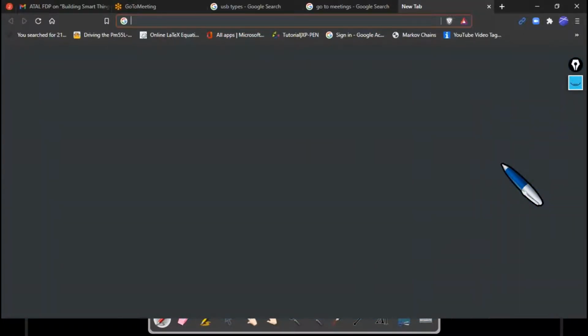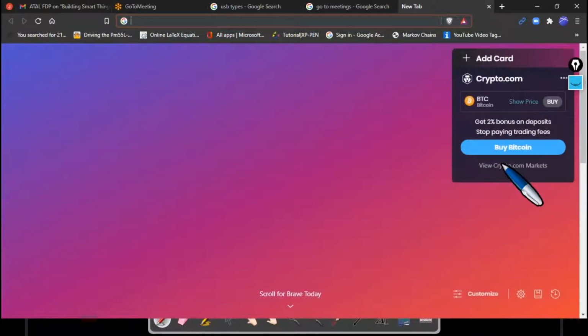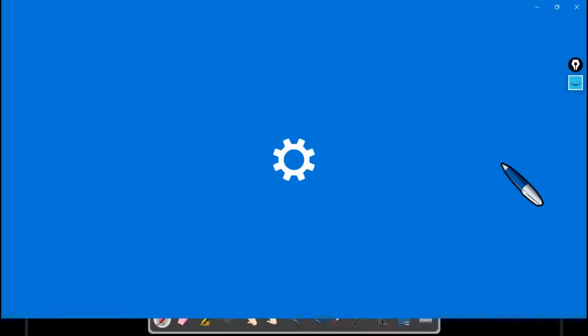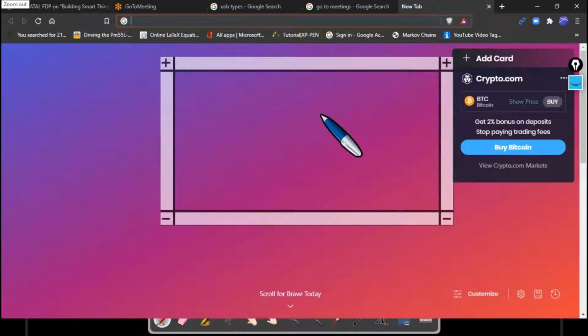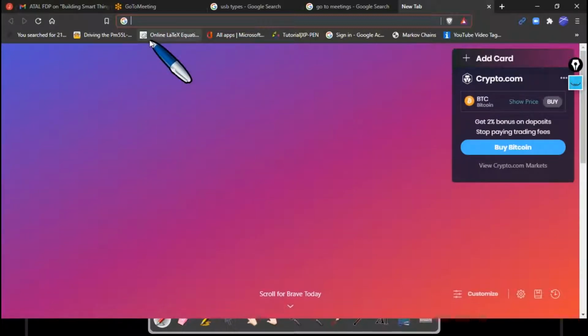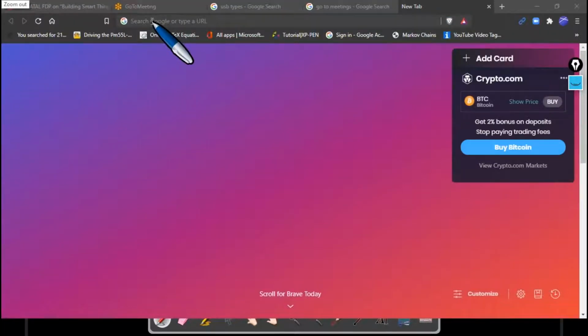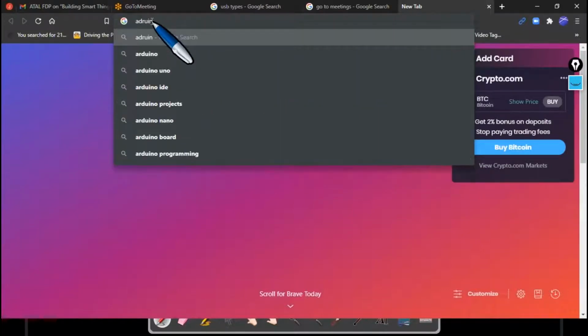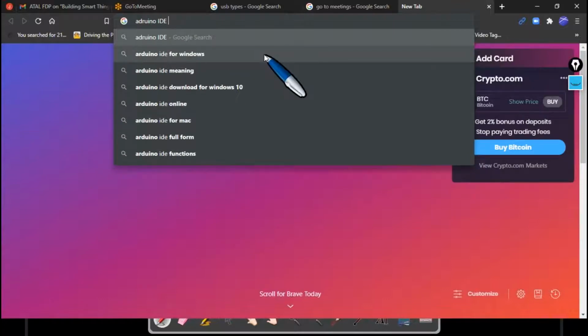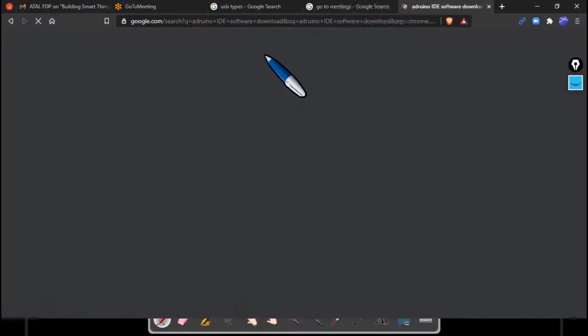In the URL bar, let me magnify this, in any browser of your choice, type Arduino IDE software download and hit enter.